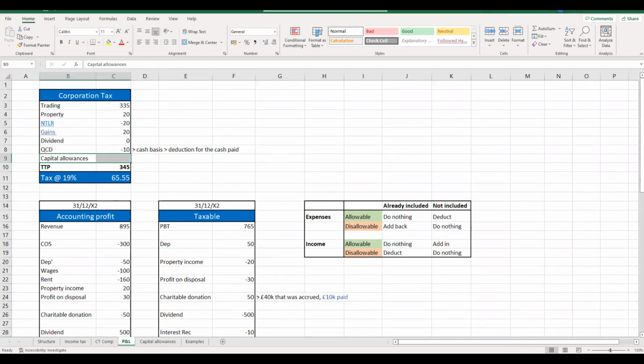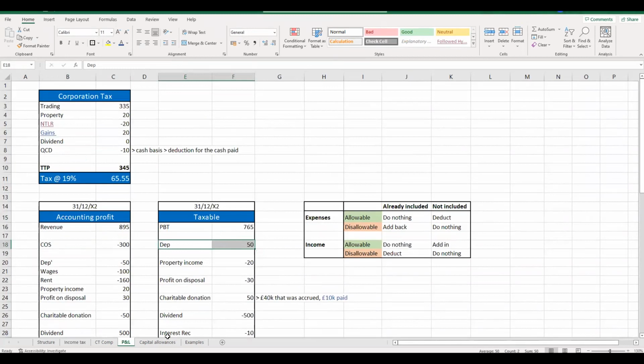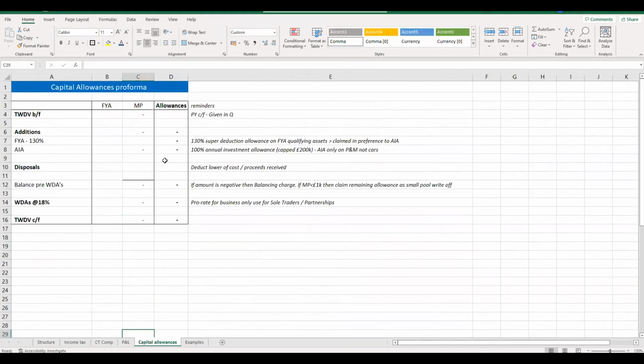And this is what capital allowances handle, where a company gets relief against their taxable profits for any capital expenditure. Now, capital allowances for corporation tax work again in the exact same way as what we saw for trading income. There are no capital allowances for sole traders. Capital allowances for corporation tax, in terms of the mechanisms and the working, are going to be the same things. Your tax written down value.